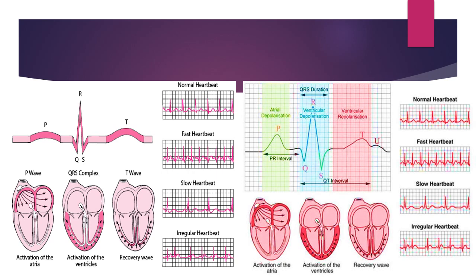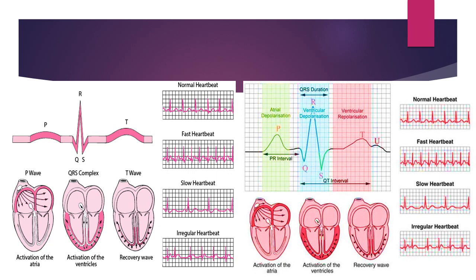The next thing you see on the ECG is the QRS complex. That indicates the ventricular depolarization. The entire stretch from the Q until the T means the ventricles have contracted and the ventricles have relaxed as well, because the T wave indicates ventricular repolarization, also called the recovery phase or recovery period. The ventricles have done the job of pumping an adequate amount of blood into the aorta, and then they have to relax so that they can perform the next job.